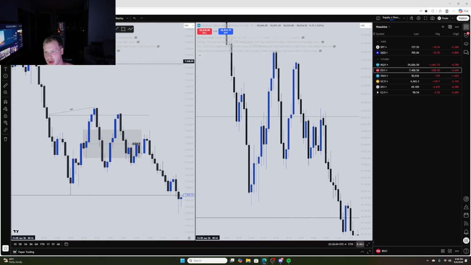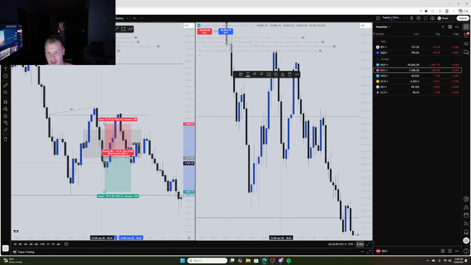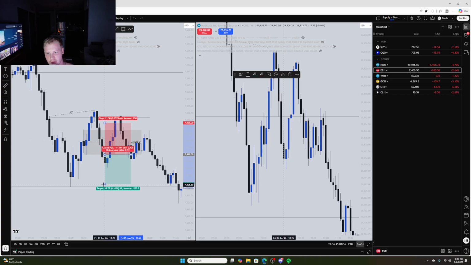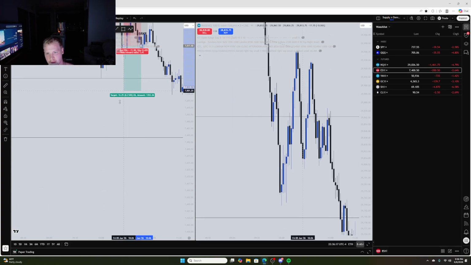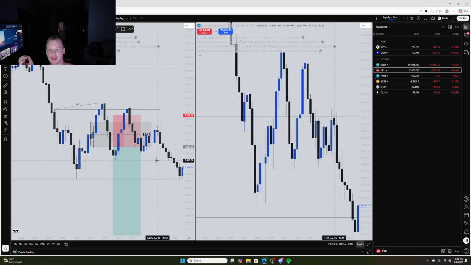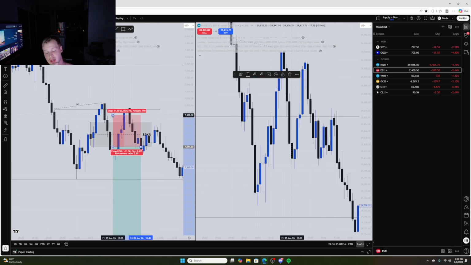Right when we closed below, I had a limit here at the breaker. Ideally, I wait for a fair value gap tap, but because the RR was 2R or above, I take it. One thing that I messed up on this trade that I might start implementing in my models is